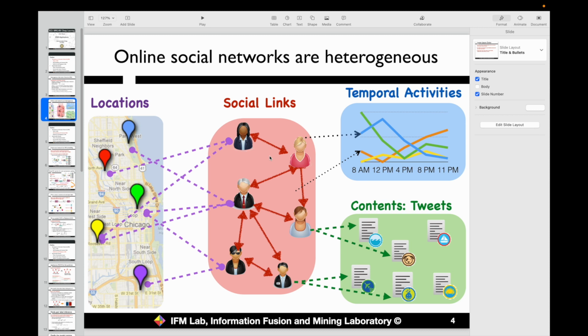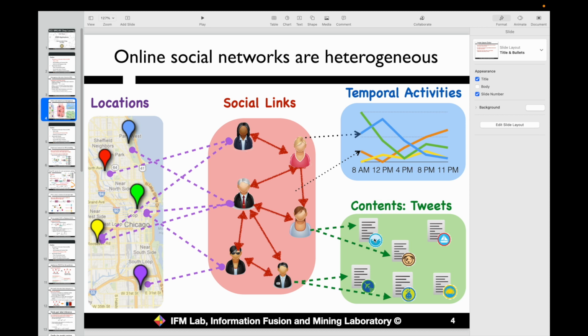So besides the user's location check-ins, the user may also write some posts, for example tweets, as shown here. For each of the posts that we write in online social networks, we can also represent them as a type of node as well. The post nodes can contain a title, some caption information, and other content information of the posts. So we know that a post will be very different from the users and the location check-ins. So we can represent the post as another category of nodes